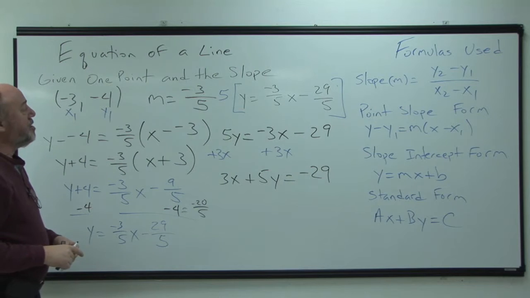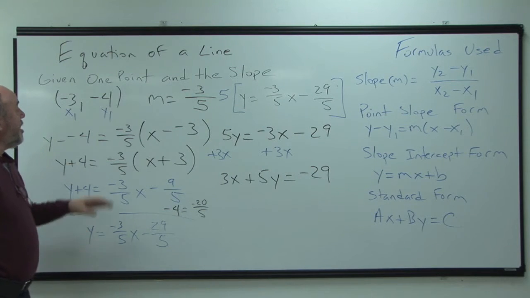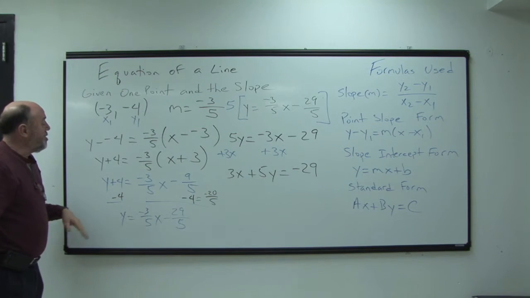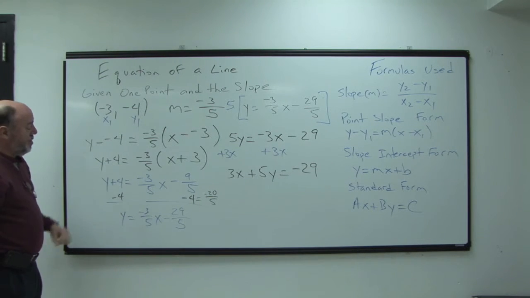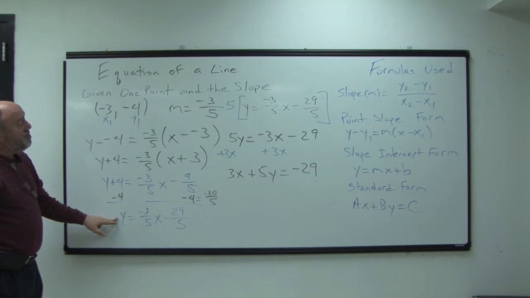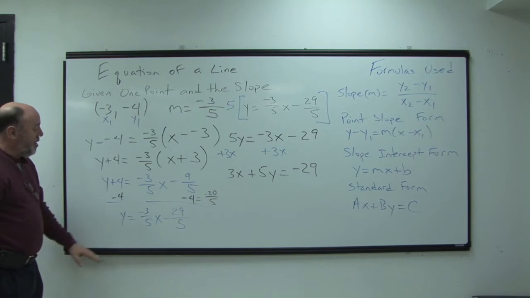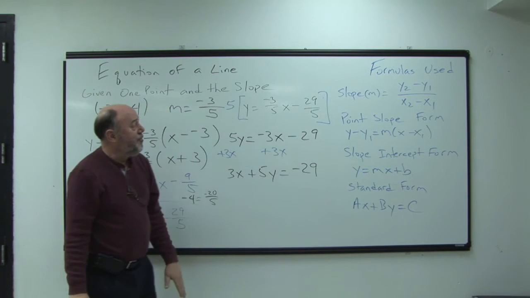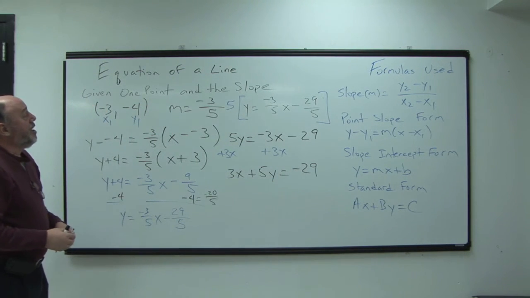equation in standard form. So again, given a point and slope, we are able to get our equation in point slope form, transfer that into slope intercept form, and then being able to rearrange that into the standard form for our equation of a line, and that will conclude